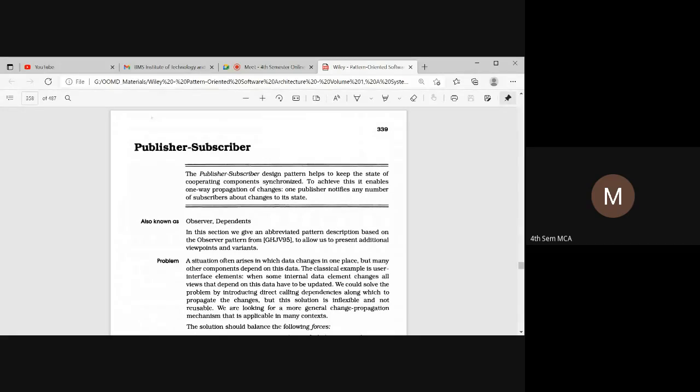And the other name or alias for the publisher subscriber pattern is the observer or dependent pattern. So why do we call it an observer pattern?